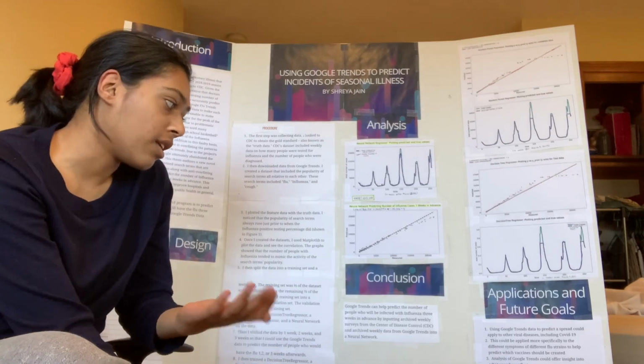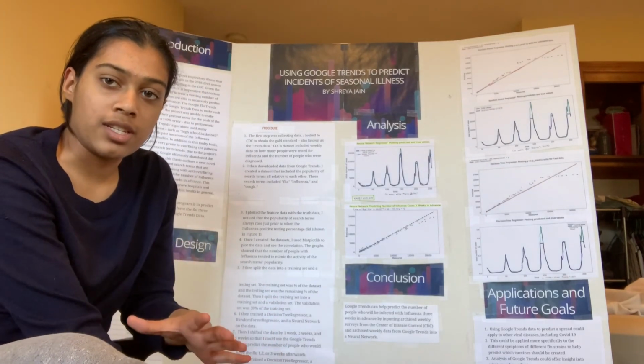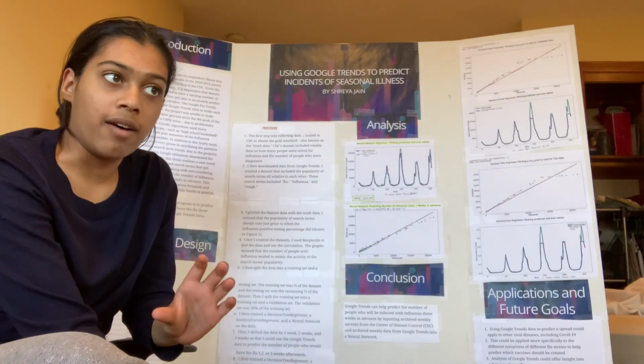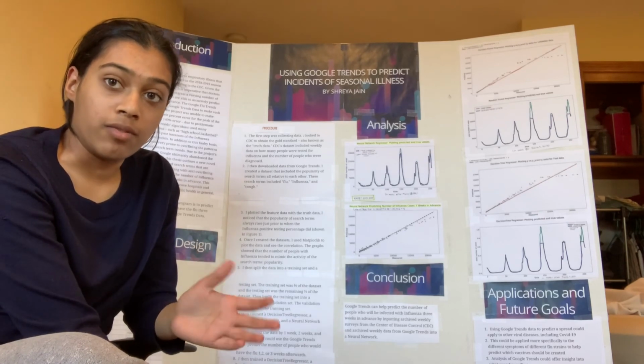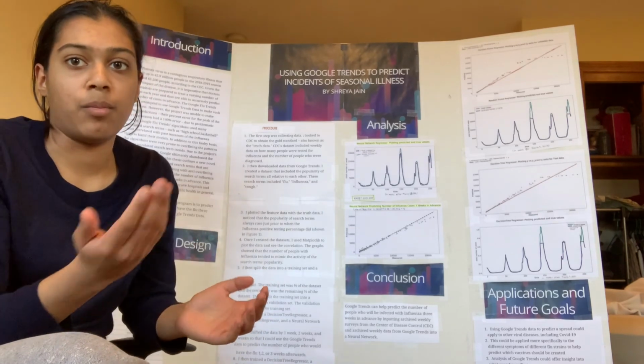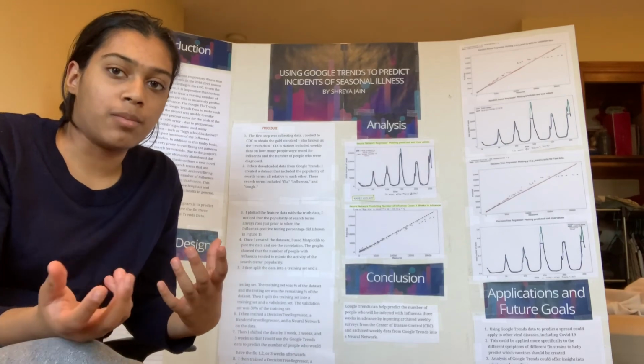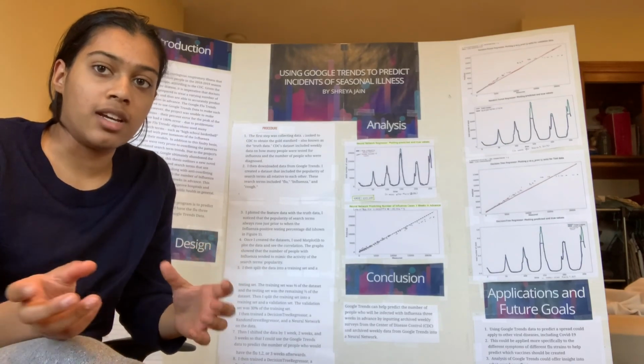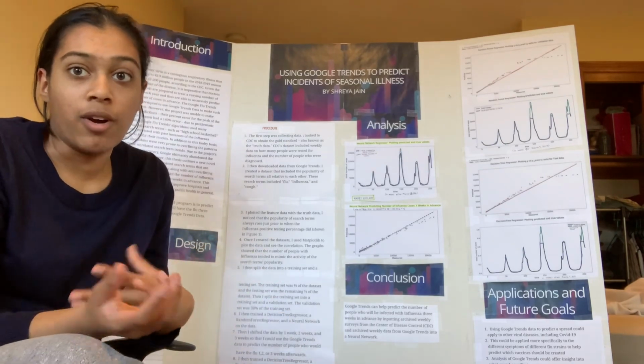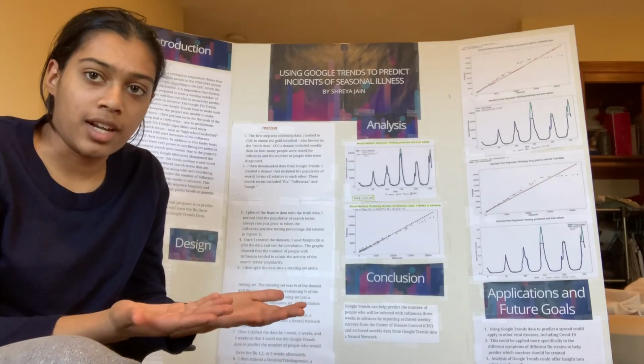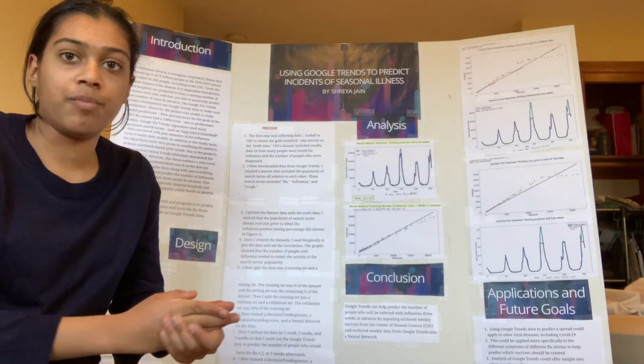facing. And another area is that if this Google Trends data was used to predict the spread of the flu in different regions, for example, Boston versus New York, this could also be applied to predict how the flu would spread across the country. So it could start in New York and then spread to Boston. And this could be all done 3 weeks in advance, which would be very helpful.